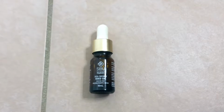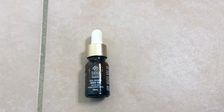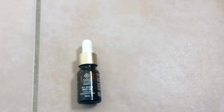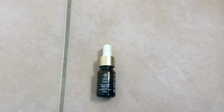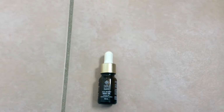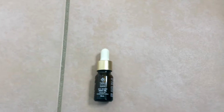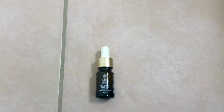I am going to be talking about Sibu Sea Berry Therapy. This is sea berry seed oil, a rescue for problematic skin. This product actually is organic. All I can say is good things about it. It's just that I haven't been really consistent on it to give too many details about it. But I will say, the times where I had